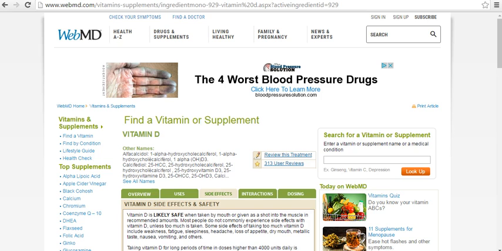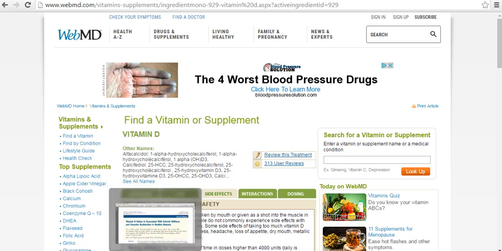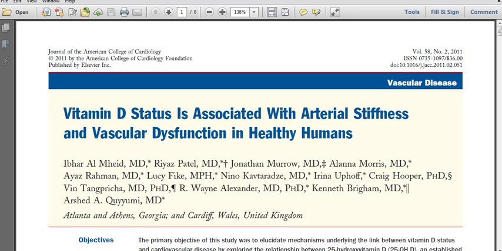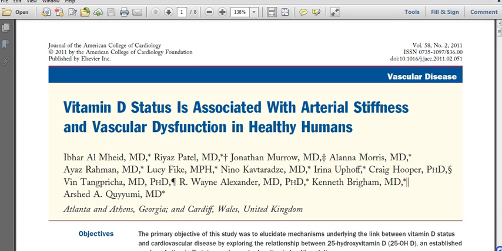First, we have a WebMD entry about vitamin D and its side effects. And then we have a journal article about vitamin D. You don't have to look very far to see that one of these is going to be a more reliable, accurate source. The authors here are medical doctors. They've published this in the Journal of the American College of Cardiology. And if we scroll down just a little bit, we can see